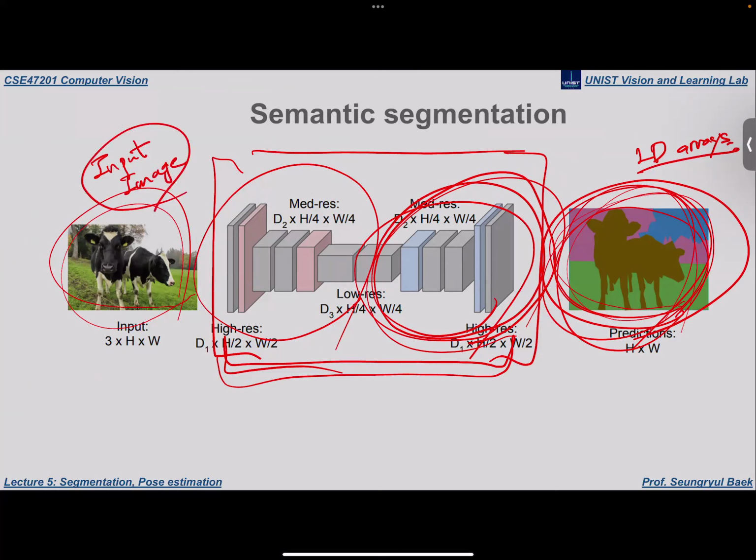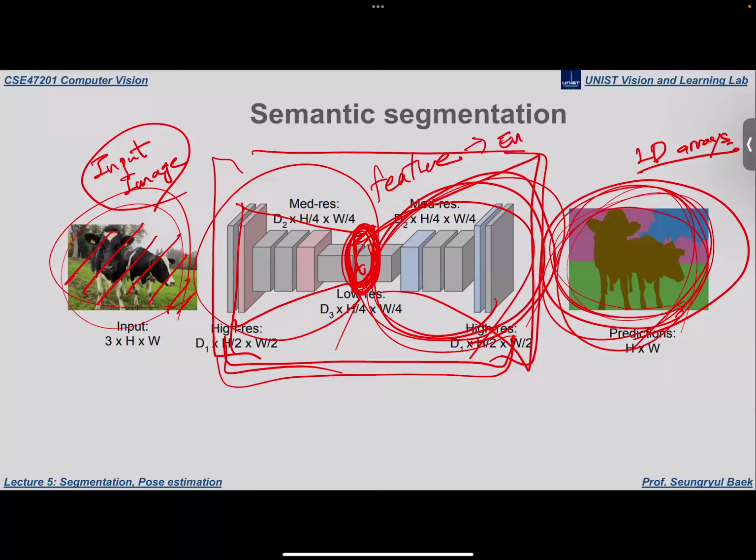But one thing I want to additionally add here is that maybe some students can ask why we have to first extract the feature and then expand it again. Then I normally answer like this. This feature part can have the global information about the images. So the feature is encoding the holistic information about the